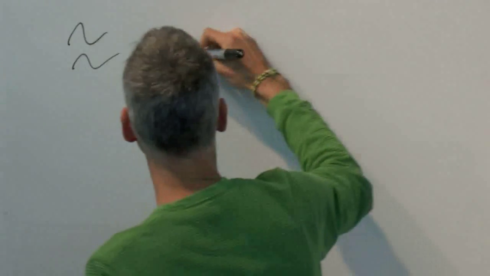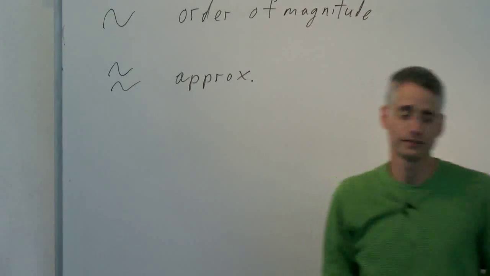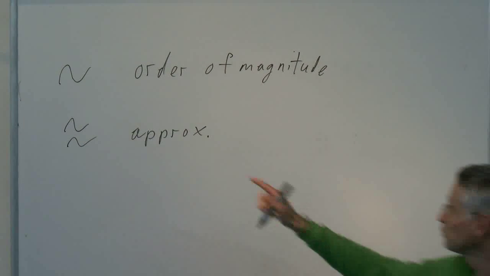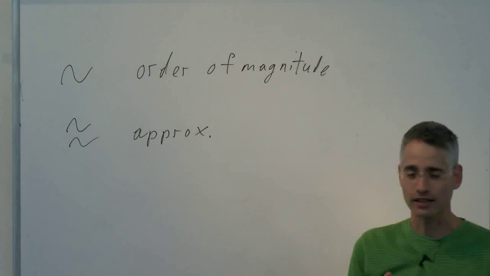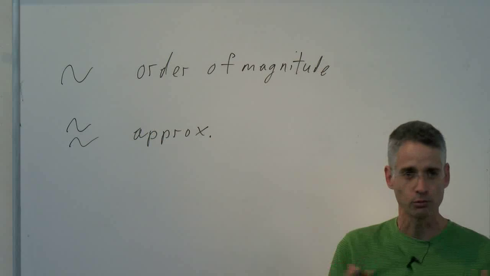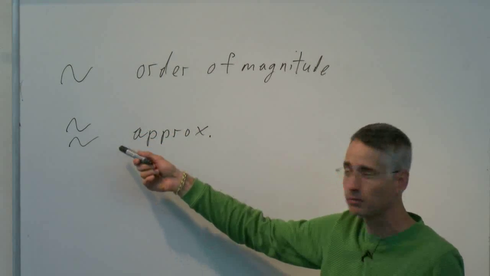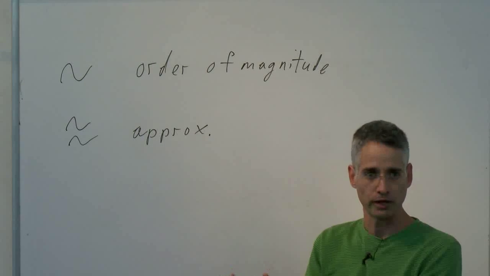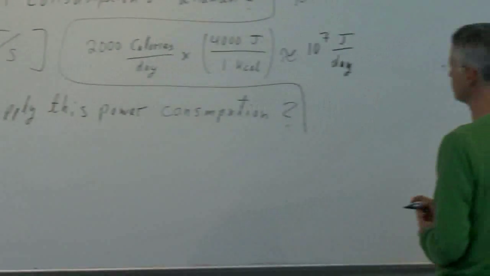And this is approximately. And I actually have been having fights with editors in journals about the fact that I don't want them to mark things this way, but rather this way. But I think it's actually useful for us, communicating and knowing whether we really mean something very, very crude or something that maybe is not completely accurate, but you really mean the number that you put there to better than order of magnitude. Okay, so going back to this, we have about 10 to the 7 joules per day, and